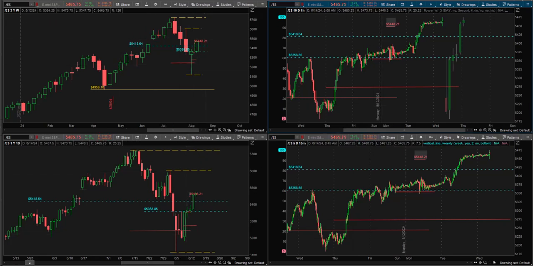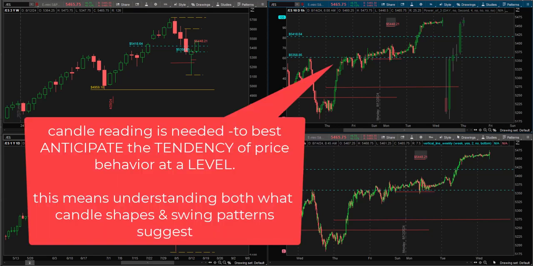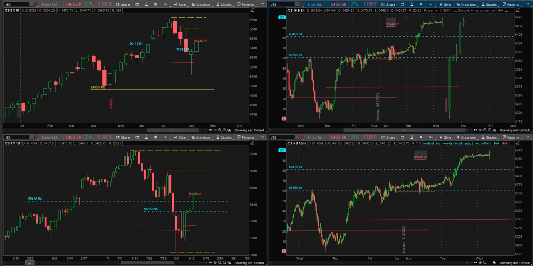This quick intro does not include any concepts about how candles form and how they close and what that means, and how swing patterns on an hourly chart form, and what that means. That understanding is expected to be already known in order to be able to follow